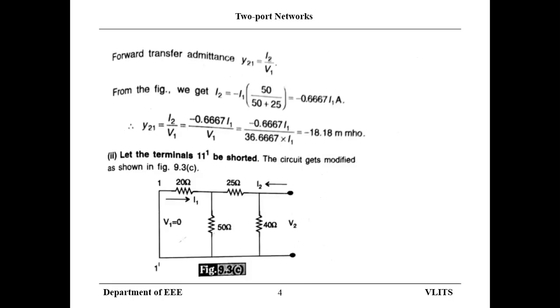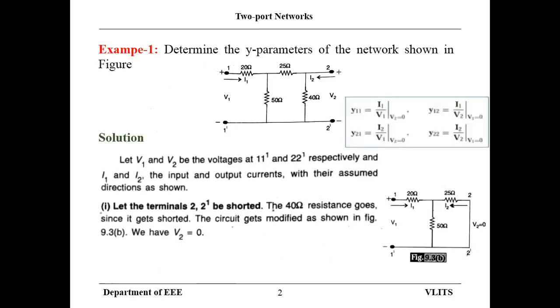In a similar way, suppose you want to find the z parameters for the same network, what you have to do is follow a similar fashion. Suppose you want to find z11 and z21, you have to apply the open circuit at the secondary terminal, then you can find z11 and z21. Then if you want to find z12 and z22, you have to apply the open circuit at the input side, so that I1 will become 0. Then you can find z12 and z22.